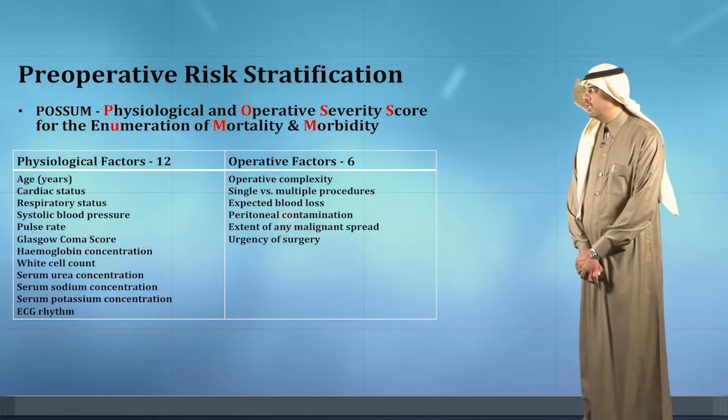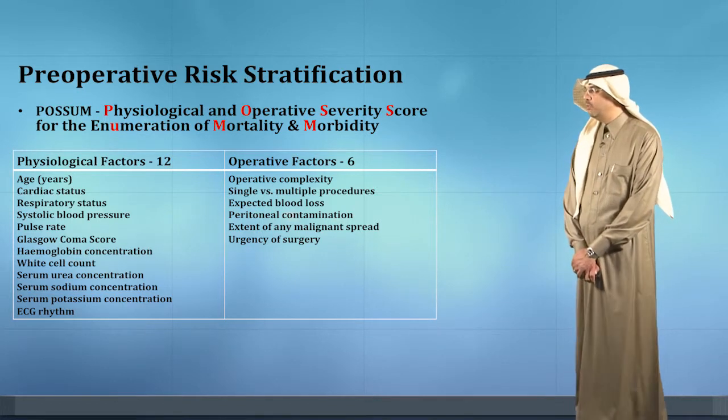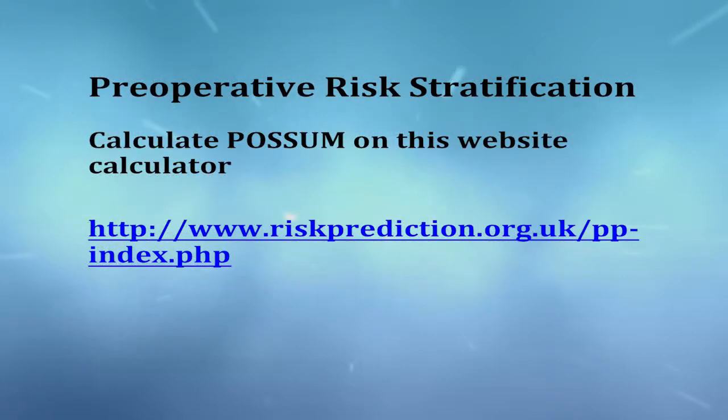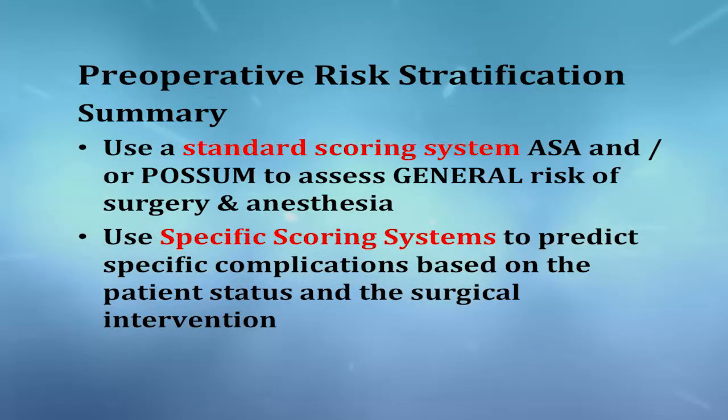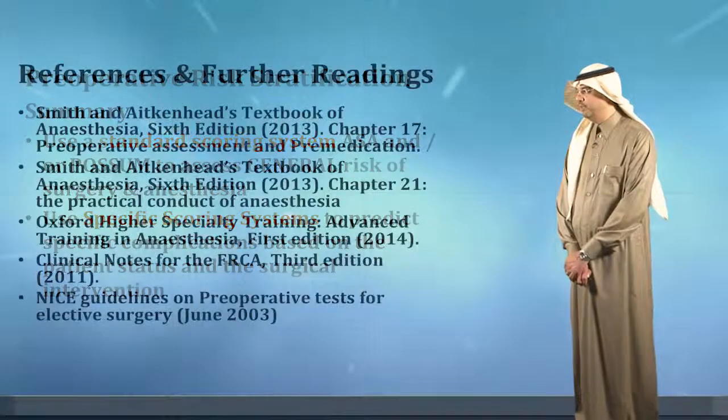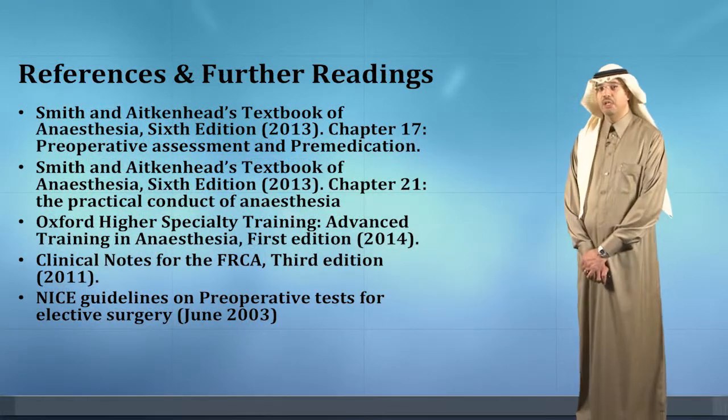The POSSUM classification is a physiological and operative severity score for the enumeration of mortality and morbidity, and it depends on 12 physiological factors in addition to 6 operative factors. And the summation of this can be calculated, if you'd like, through visiting this link. So in summary, the use of a standard scoring system, which is the ASA and or the POSSUM, to assess general risk of the surgery and anesthesia is very important for risk stratification before any surgical intervention. The use of a specific scoring system to predict specific complications based on the patient's status and surgical intervention might be required. These are a few references and further reading for your